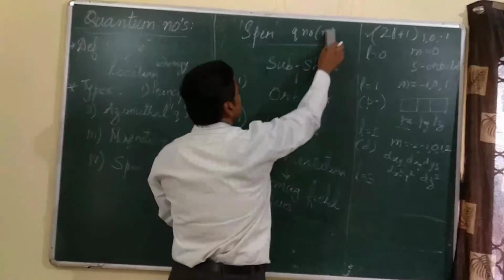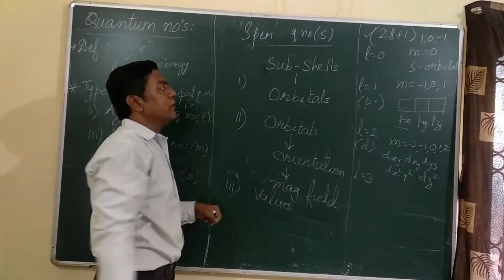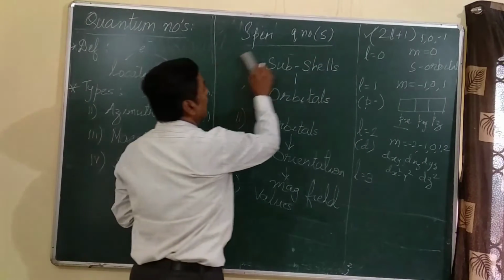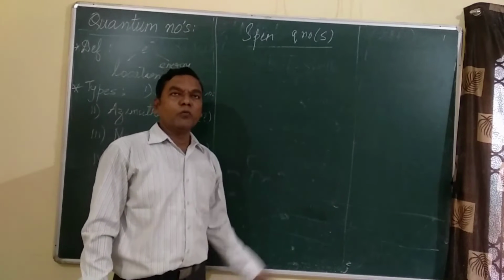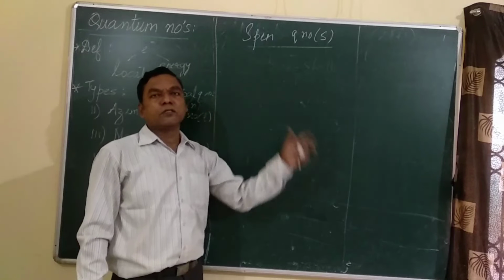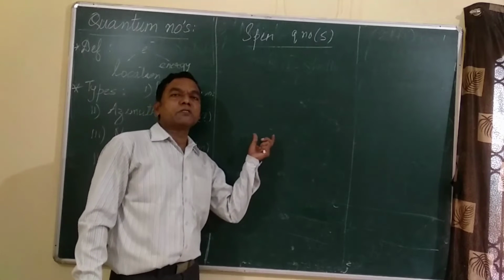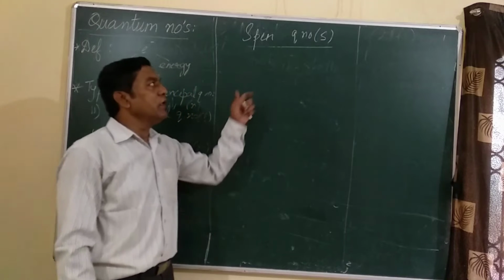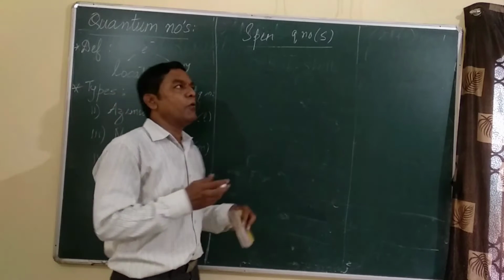And here when we talk about the spin quantum number, we say that it is represented by the small letter s. Now we are going to move to the last quantum number, that is the spin quantum number, which is something different in regard to the first three quantum numbers. And now the first thing that we have to keep in mind is that we have to talk about